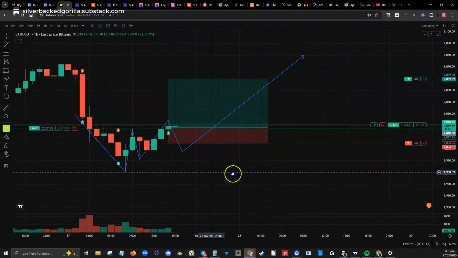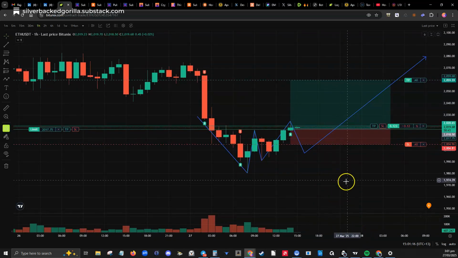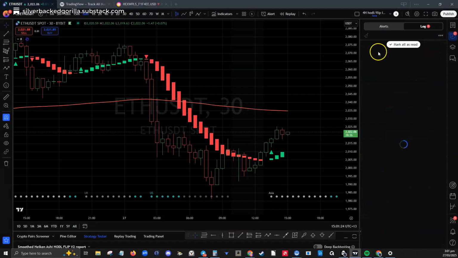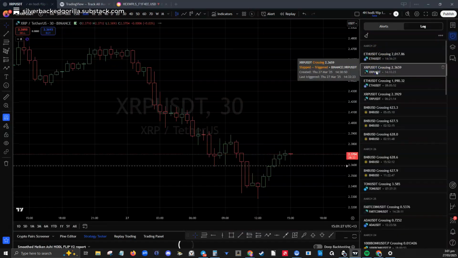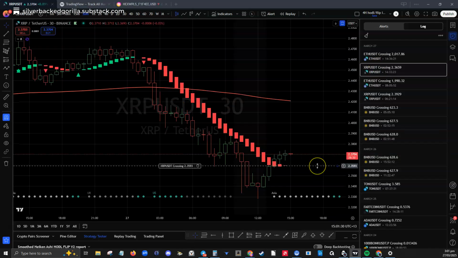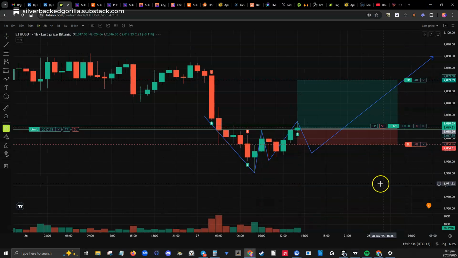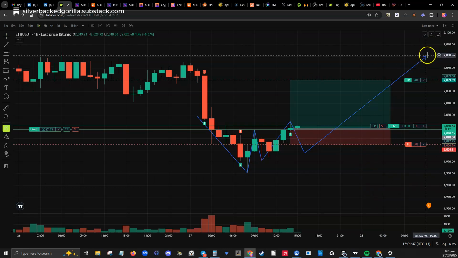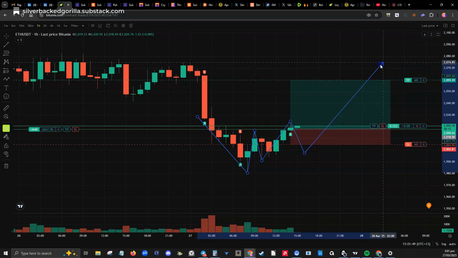This is one I'll watch because there's no other positions I was looking at except for XRP. And I've got an alarm set up there. I haven't got any alarms that have sounded for XRP, have I? Let's have a look. Yeah, it's still down there. It hasn't crossed yet. So let's see how this goes. We'll just play it out live. I can probably pause, you know, it doesn't matter. I'll just skip ahead if you want to. We'll put it on 2x speed through here. I'll let the recording keep going.